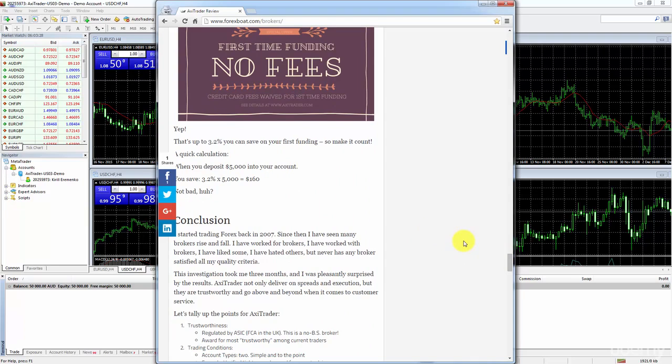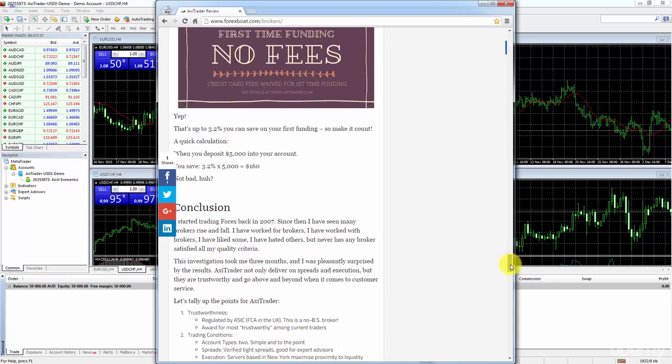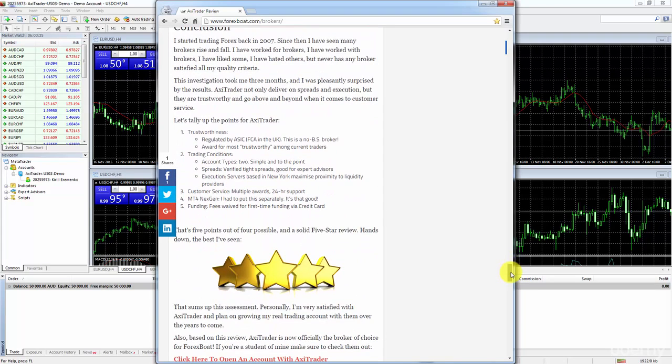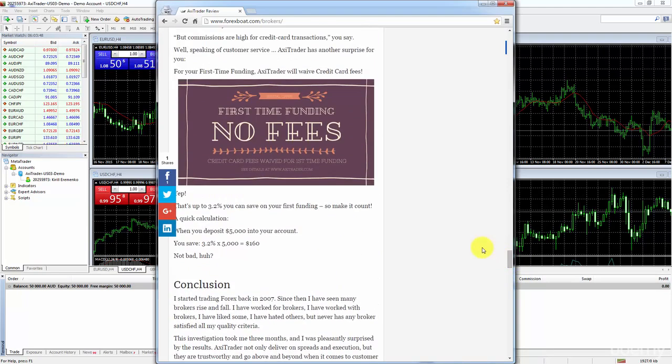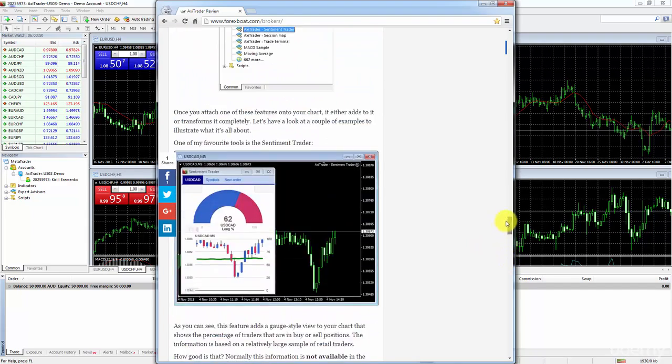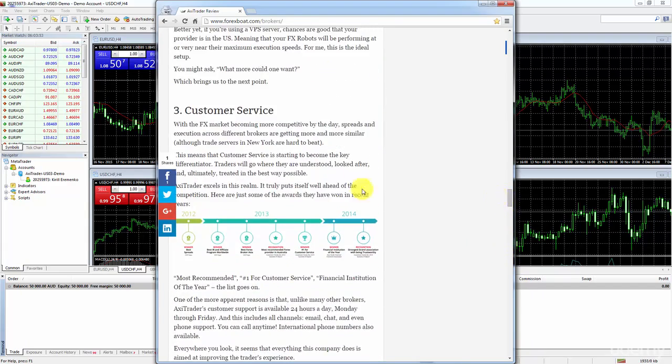Also, they are heavily regulated by ASIC, which is the Australian Securities and Investments Commission. ASIC has very stringent regulations, and AxiTrader has to follow them. So you kind of get the best of both worlds. You get Australian regulation, plus you get very fast execution. But probably the most important part is that AxiTrader have great customer service. They've won lots of awards for customer service, and they are there to help you. And because we're starting out into Forex, we're beginners, we're practicing, this is very important. When there's somebody there to hold our hand,